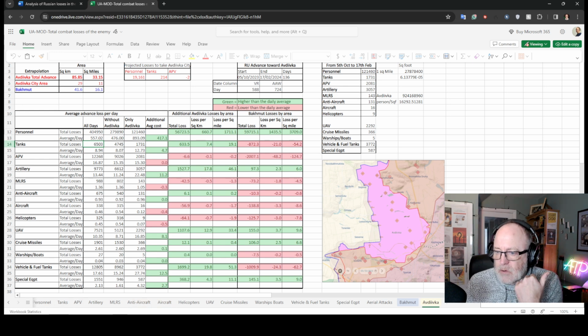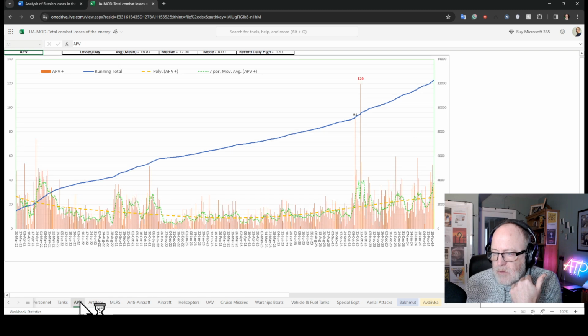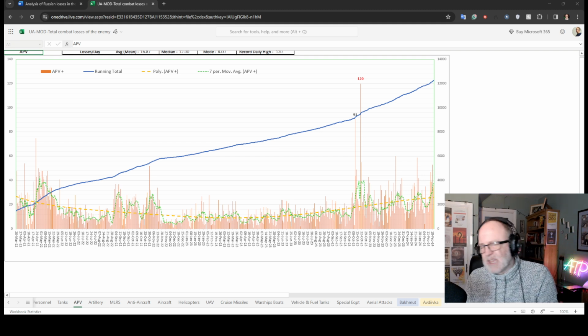Avdiivka has been costly in terms of mechanized equipment and in terms of troops, but Bakhmut was more costly in terms of troops. And actually, when you average out the whole year or whole two years in terms of equipment losses, then actually Avdiivka is about average, even though it is a massive uptick from what we saw in the last, actually pretty much a year. It's only those other high points, consistent high points, that mean those Avdiivka losses are somewhat average, if you get what I'm trying to say.